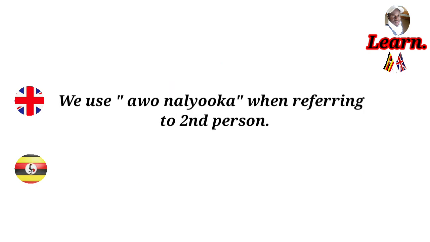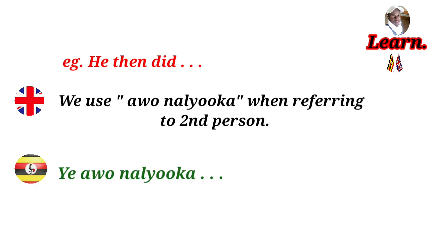We use awo nalyooka when referring to the third person. For example, he then did this and this. Ye awo nalyooka, dash dash dash. Okay. Please note,